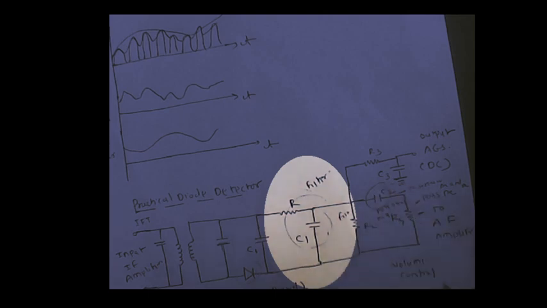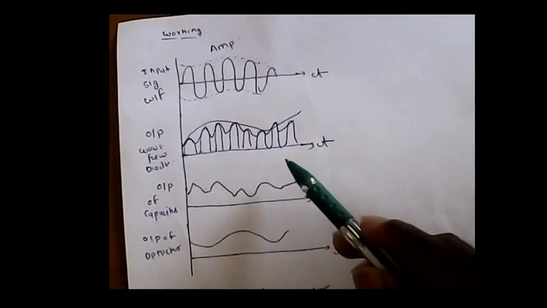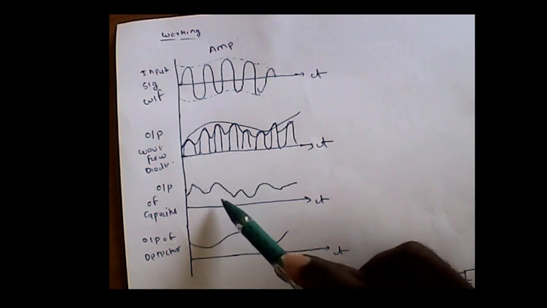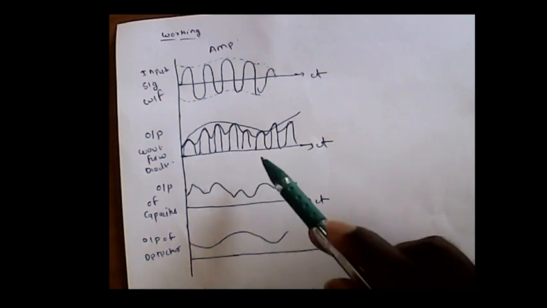heterodyne receiver, there is an AGC circuit, automatic gain control circuit, which provides the reference values to various blocks, the intermediate frequency stage and so on. That can be done by this C3 capacitor. So basically the practical diode detector consists of a reverse bias diode which recovers the information in the negative half cycle, and then there is charging of the capacitor in the same negative half cycle, and the output of the capacitor is charging, discharging, charging, discharging.